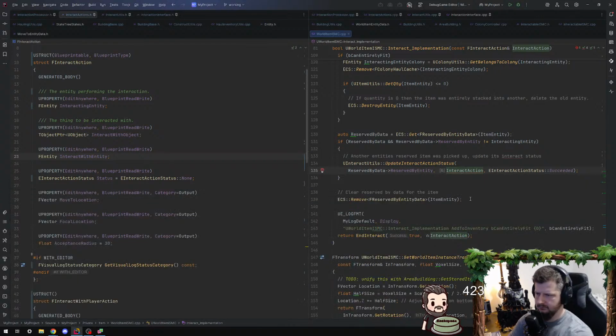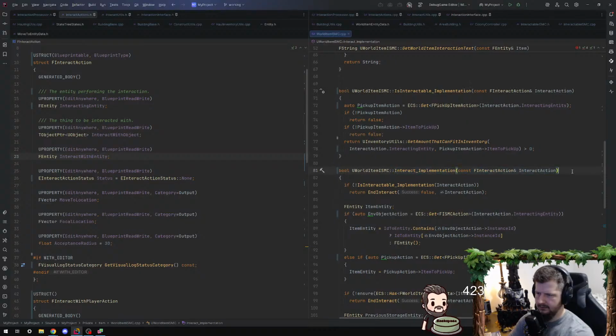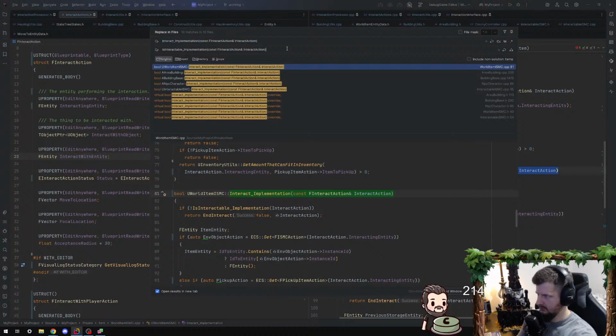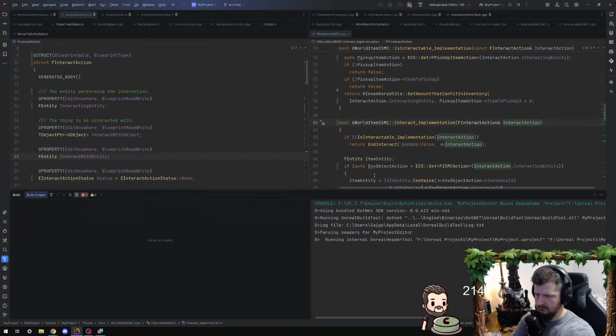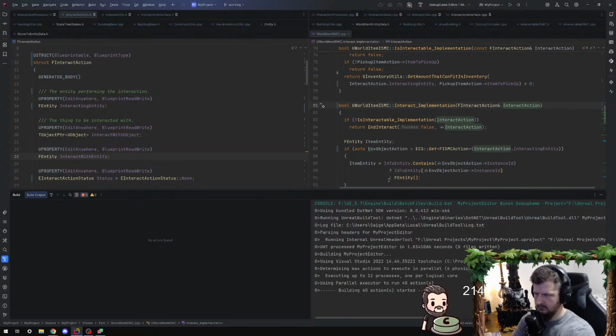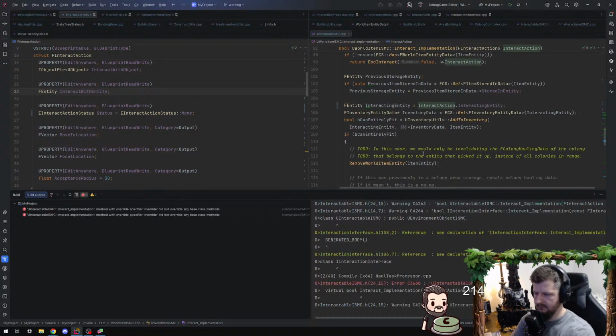Oh, interesting. Okay, we don't want to make that const ref now. Just ref. I think that makes sense, because we're interacting, we can change the interact action. So maybe the status should be